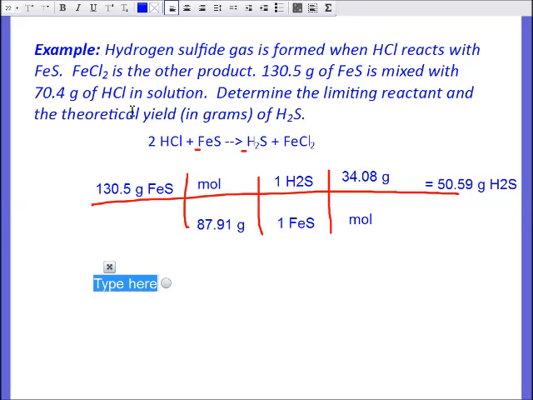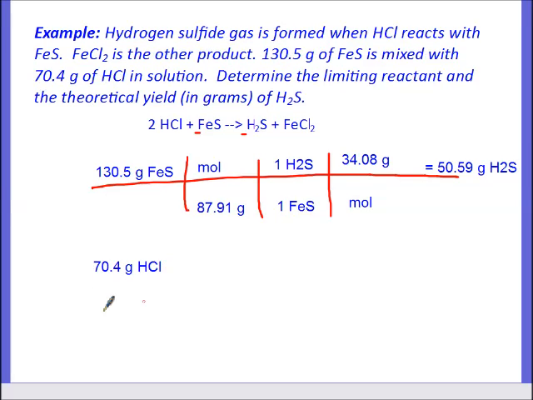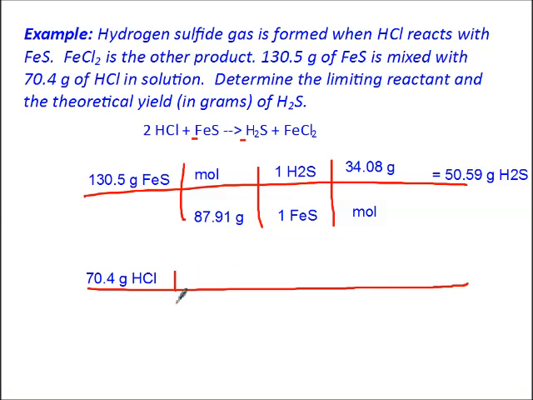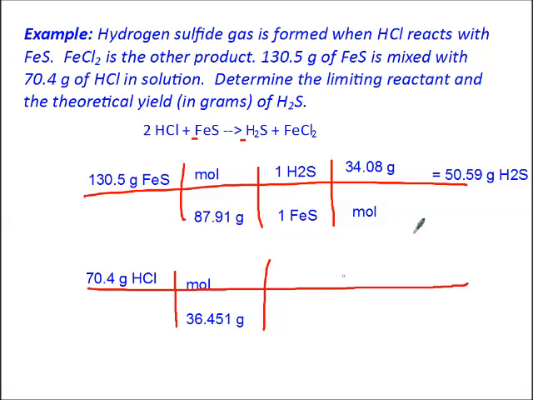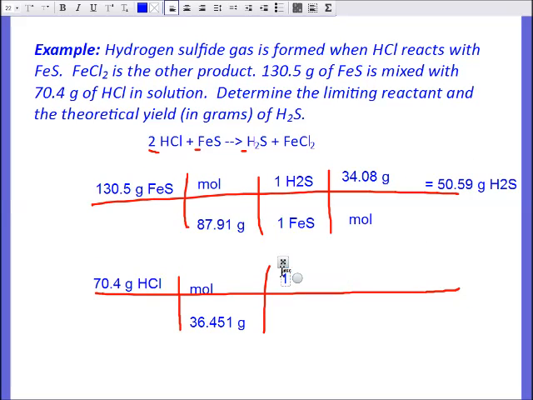Okay, the other one I have is my 70.4 grams of HCl. Again, I'm going to do a stoichiometry problem with this one. I'm going to find out how much H2S I would make if I was starting with just that much HCl. So for every, the molar mass of HCl is 36.461 grams per mole. In this case, there is a 2 in front of it, so 1 H2S for every 2 HCl,